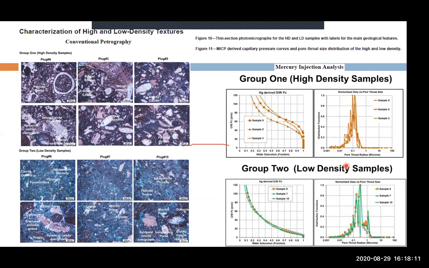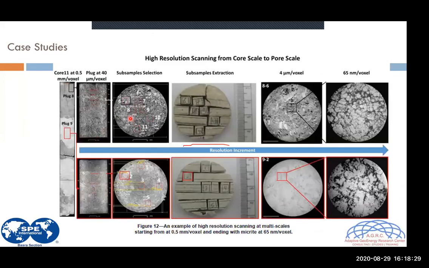The MICP is one of the steps that you can perform to do quality control for both the pore size distribution and also the capillary pressure as well. Yeah. So here, for example, once you have this selection of the plug, you can perform in a wafer,